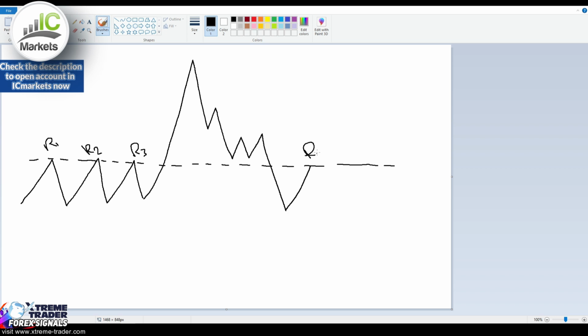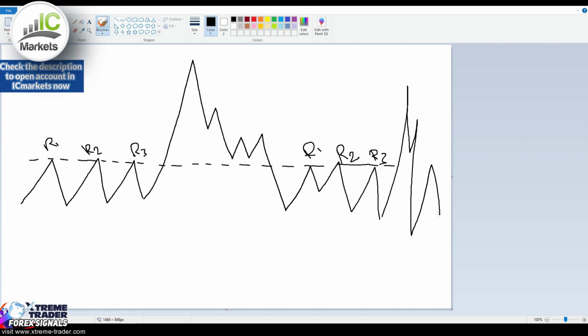So this is right here resistance number 1, and then we can see multiple attempts. So again, resistance 2, resistance 3, and if we see the same thing happen, we can start the count again, and we are having here another resistance 1. So to summarize it, resistance number 1 starts only after the bearish breakout happened. Only after we have a bearish breakout, or actually a red candle, you can start counting the